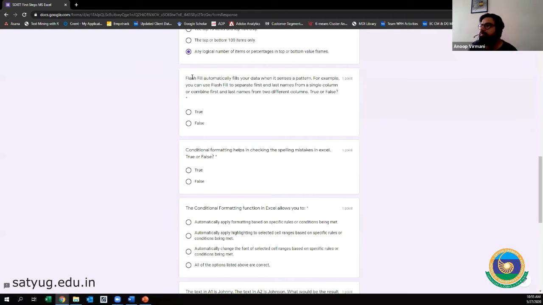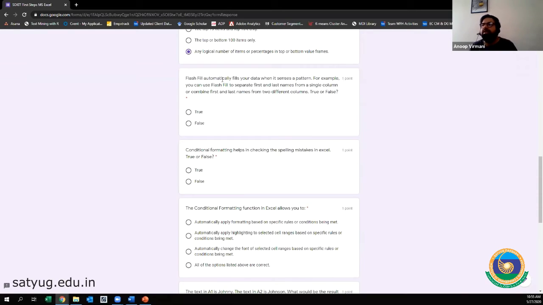So the next question was, flash fill automatically fills your data when it senses a pattern. For example, you can use flash fill to separate first and last name from a single column, or combine first and last name from two different columns. True or false.